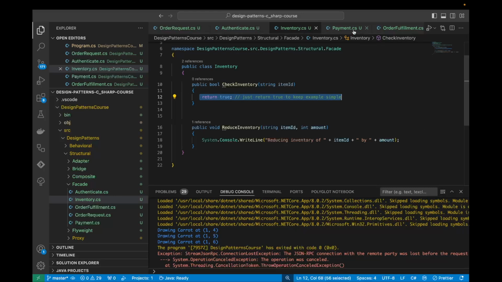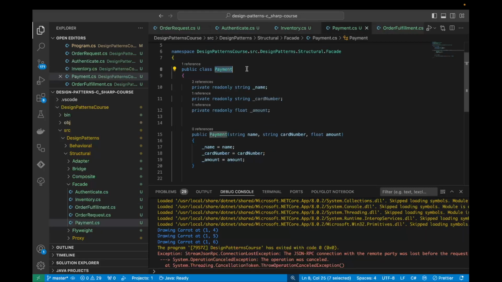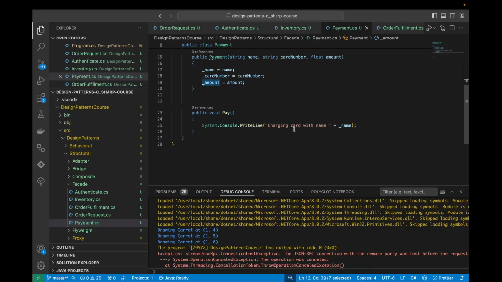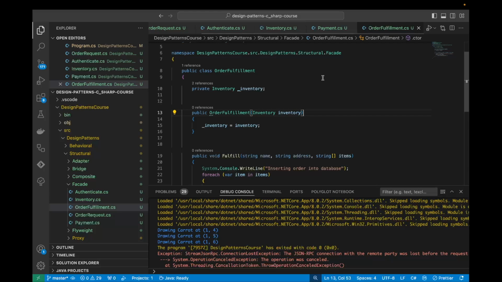And then we have a payment class for handling the payment step within the order process, and here we can set the name, card number, and the amount that the user owes for the order. And then we have a method called pay, which is going to simulate maybe connecting to some payment service and charging that user's card. And then next up we have an order fulfillment class, which is going to check the